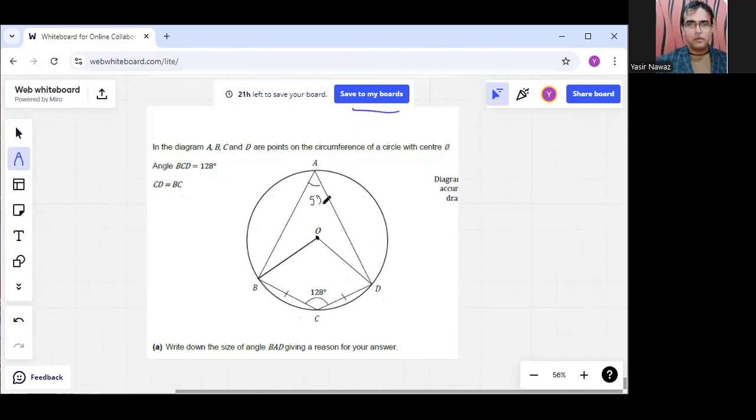If that angle is 52, this angle is twice 52, which is 104. So this angle is 104. What does it say, BAD? So BAD is 52. That's done. Another question is the B part, which says,